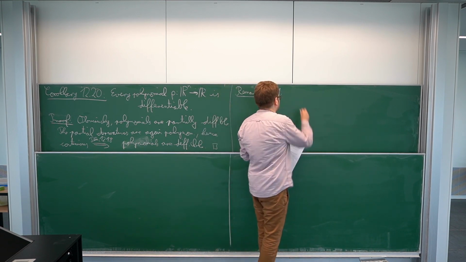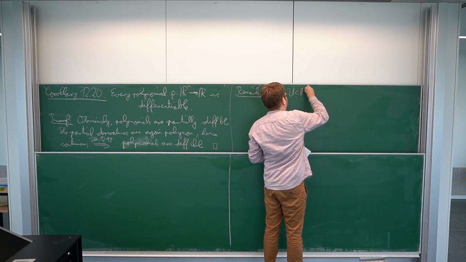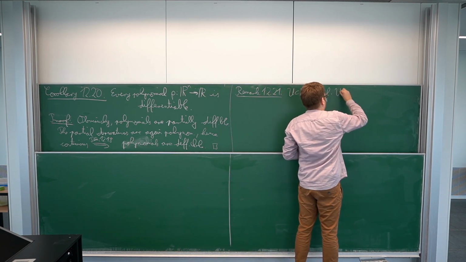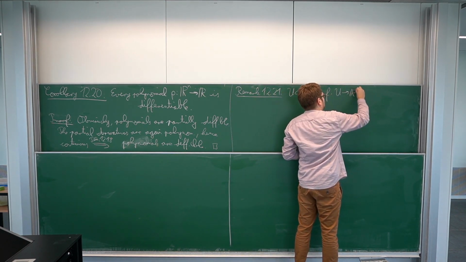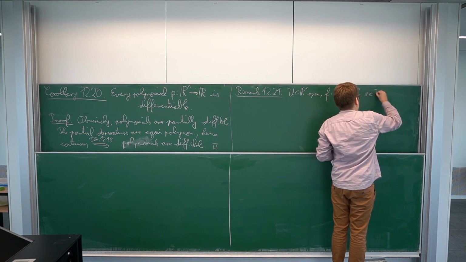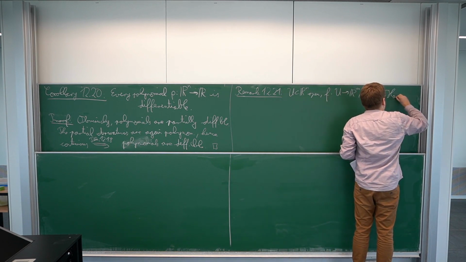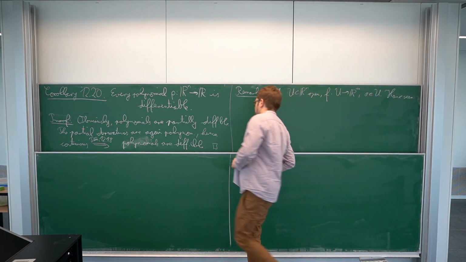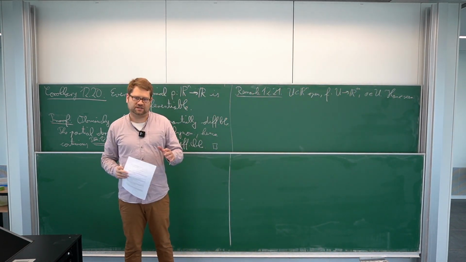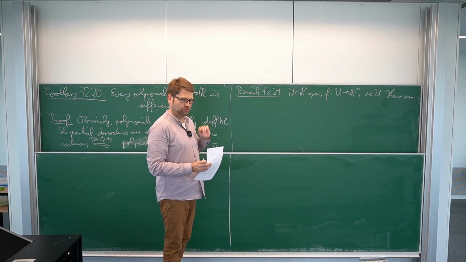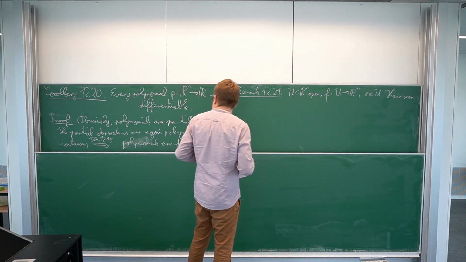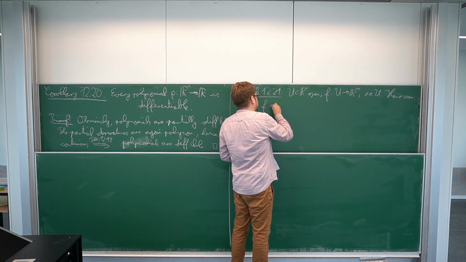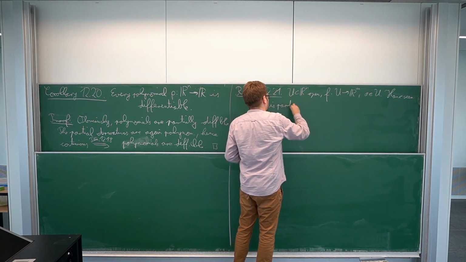So let U in Rn be open, f from U to Rm, a in U. So what have we seen in this section, or this and the previous things? We just want to order the different notions of differentiability that we have, and to order them basically from strong to weak. So we've seen that the strongest was that if we assume that f is partially differentiable